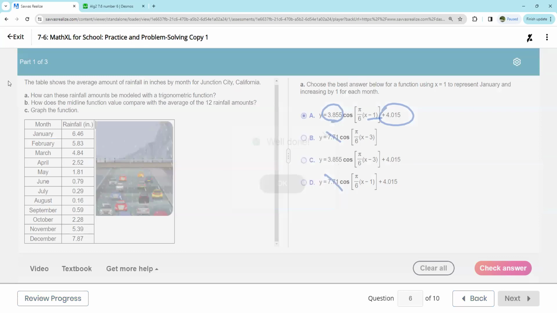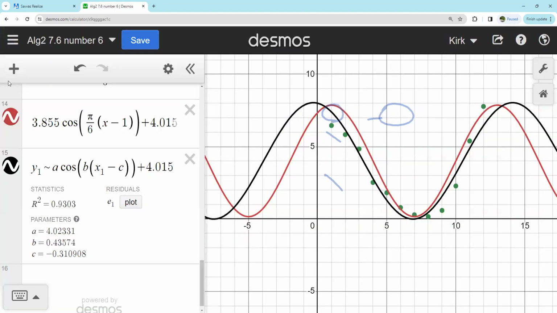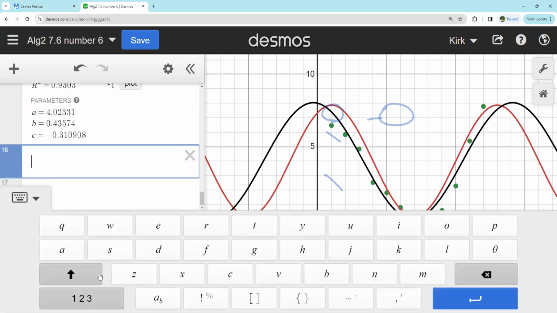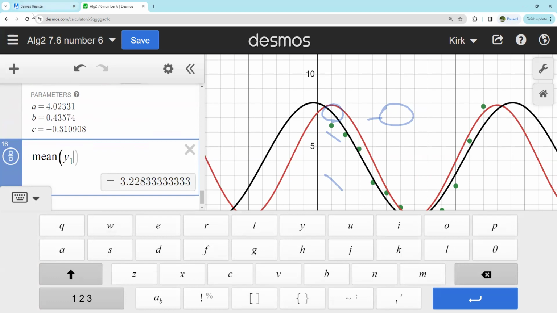So that was okay. The next question, the average of all 12 rainfall amounts would be about blank is the midline value is, what's that pull down choice right there? Is greater than. So the average of all of them, oh, let's see, I've got that in my Desmos. So if I just do a mean of the Y1 column, that should tell me what I have. So by having it all typed in here, mean of Y1, so 3.2-ish,